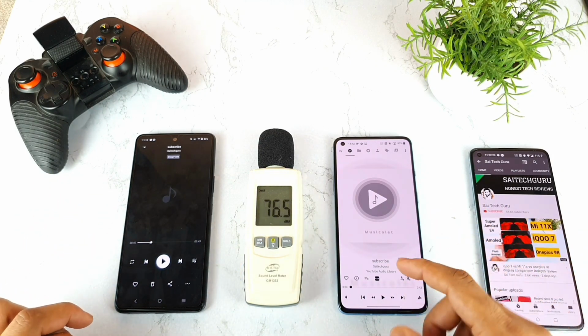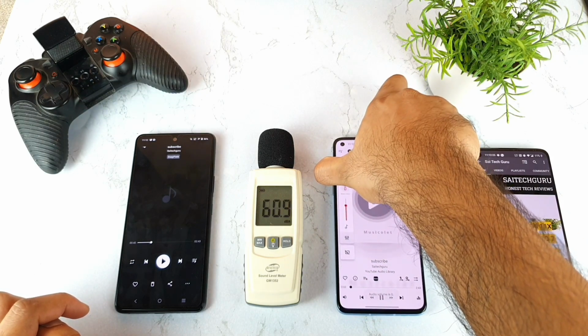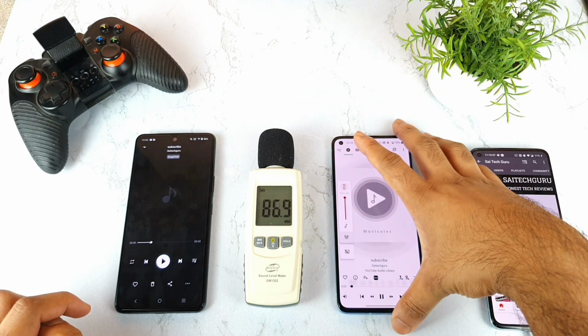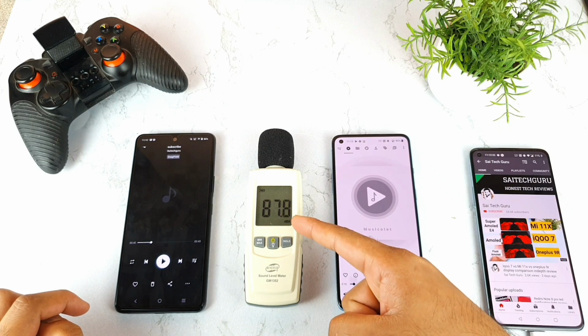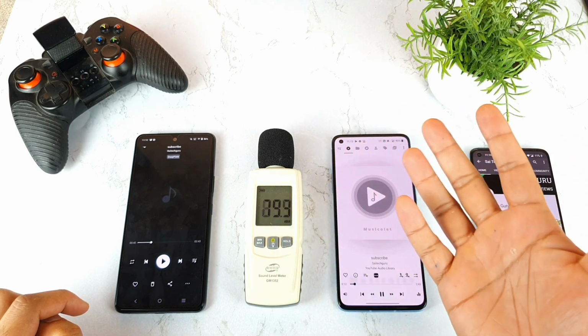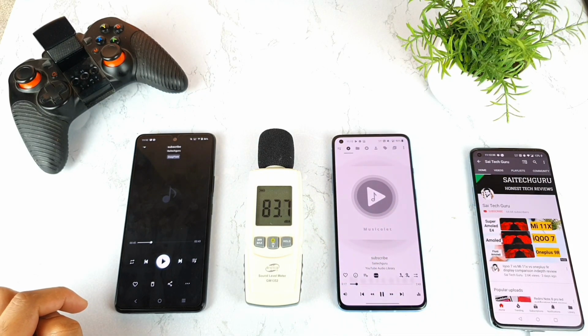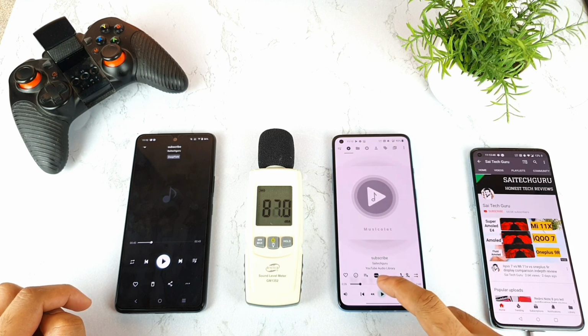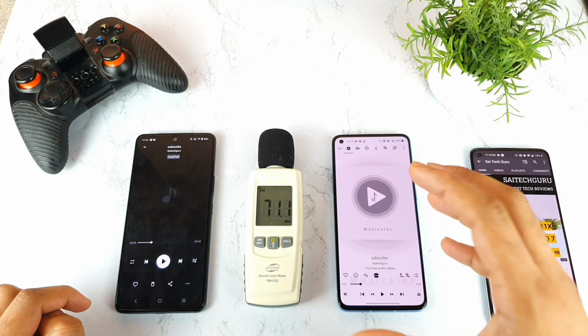Now it's time to test the OnePlus 9R. As you can see friends, the results are really amazing in this OnePlus 9R in terms of the loudspeaker.